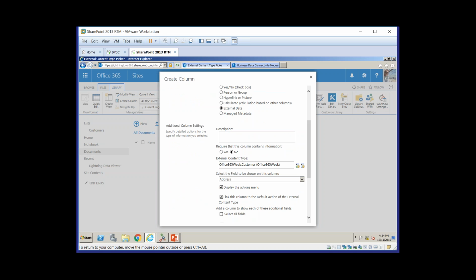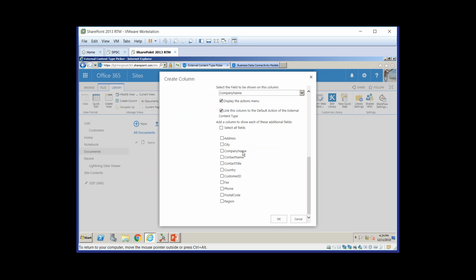Once we've done that, it's a simple case of mapping the columns. So in the drop down here, I'm going to specify that I want to use the company name column to store against my documents, but at the same time I'd like to display some other values, so I can display things like the address, city, and country inside my view. Once I'm okay with that, I just simply click OK,